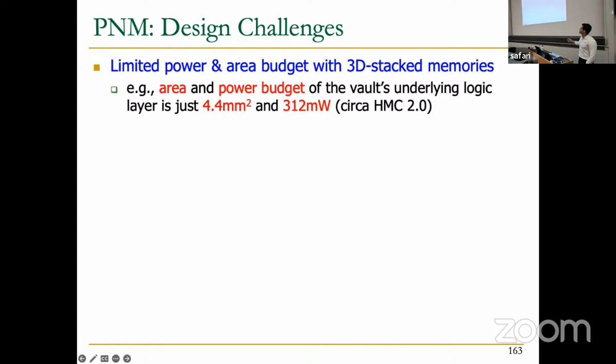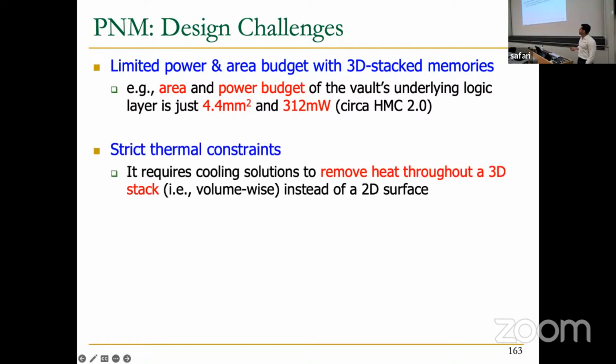And even though I tried to trace back this number and couldn't find who started with it, even if it might not be 100% correct or traceable, the fact is that the space is limited, and the power network is not strong enough to power up whatever you want. So you need to take that into account. The second problem is thermal constraints. You are not used to having heat sinks on top of DRAM chips, right? Heat sinks or active cooling are designed for processors or GPUs or something like that, right? So we want to keep the DRAM cool at that point as well.